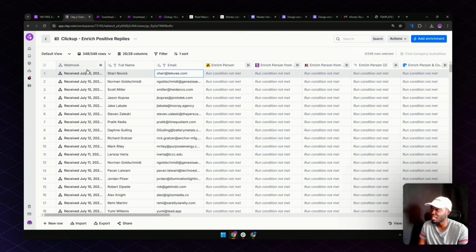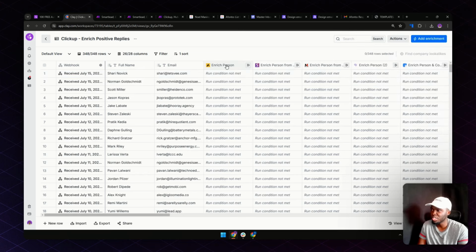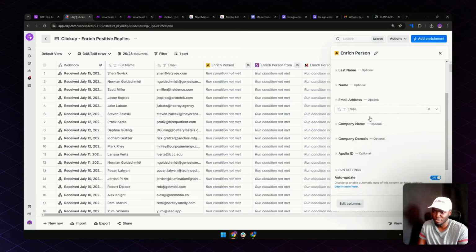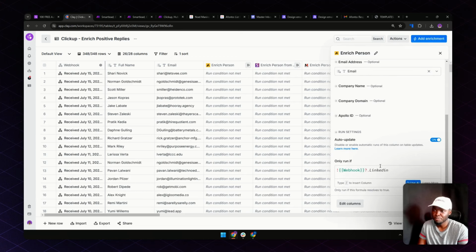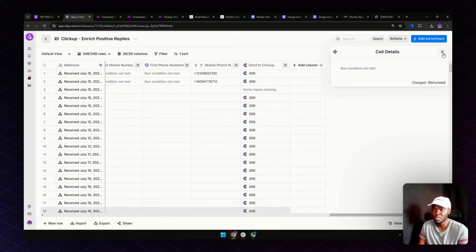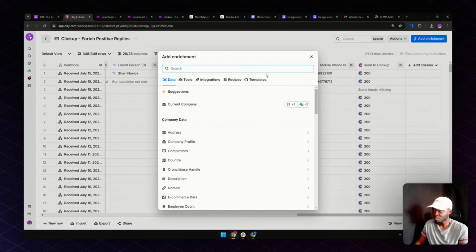right? It's getting the details from the webhook. So the website, the lead ID, the client ID, just the basic information. And then we use a waterfall enrichment to find the LinkedIn URL, I believe, right? LinkedIn, yeah. So we're looking for the LinkedIn URL, and all of these are running only if the LinkedIn URL does not exist. And by the way, to create these specific waterfall enrichments, you simply go to add enrichment, you do